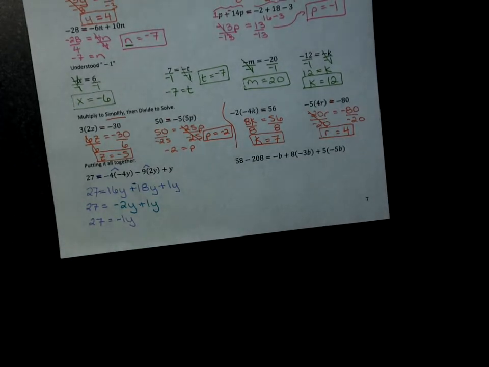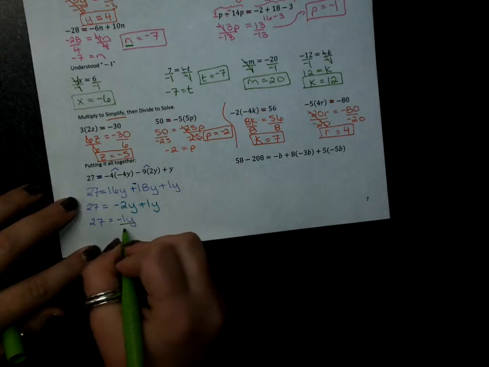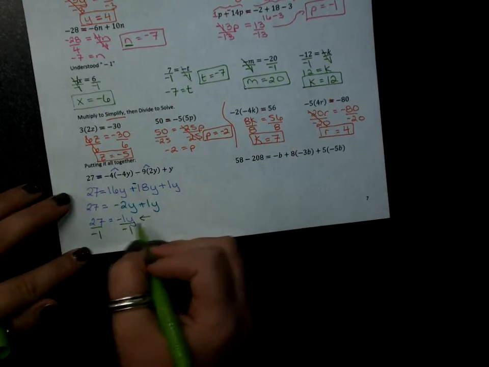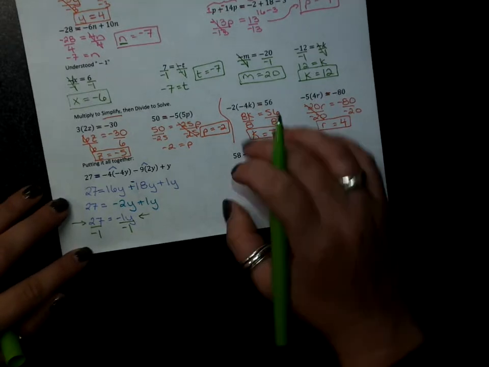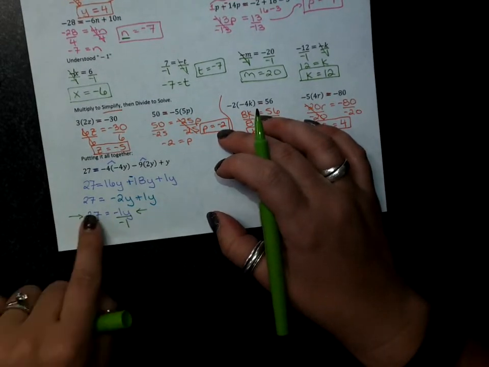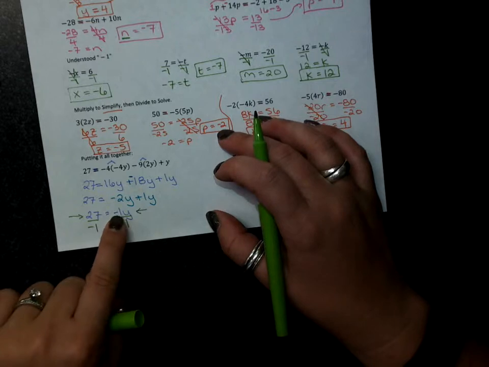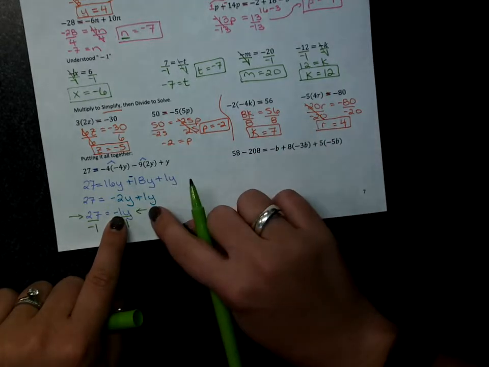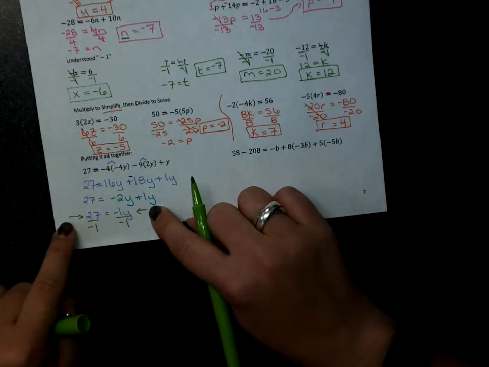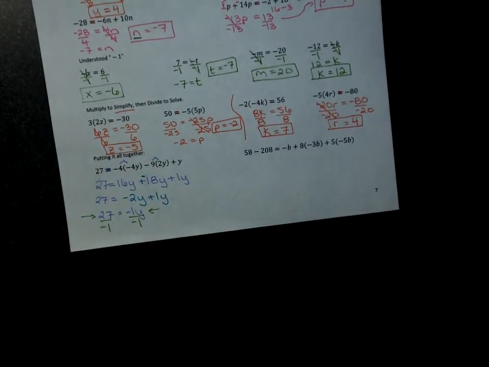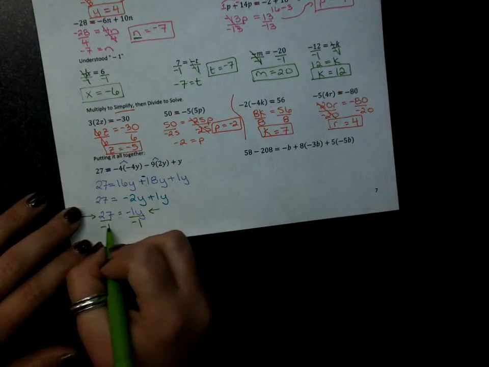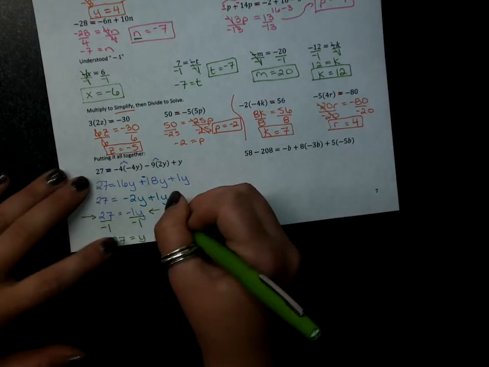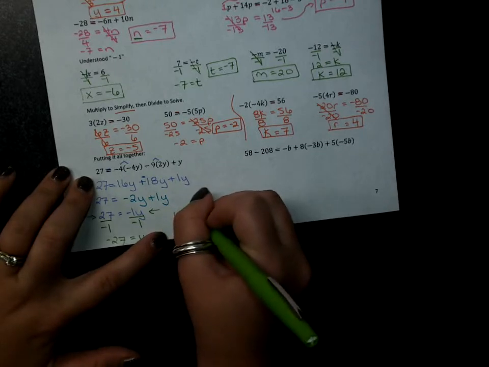Then we'll use our dividing to solve. -1 divide by -1. So you want to get it down to one term on one side and one term on the other. Just one constant equals one variable. And the variable can have a coefficient, but we want to pull it all the way down to one term equals one term. And then it's time to divide. And so +27 divided by -1 is -27 equals y. So your final answer is y equals